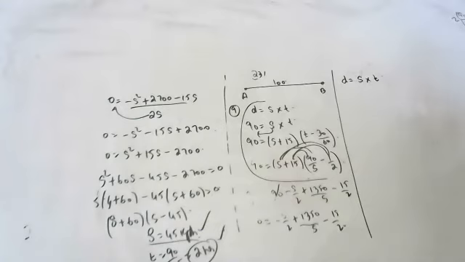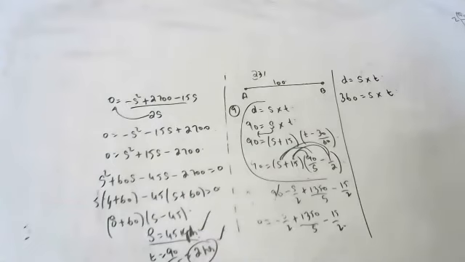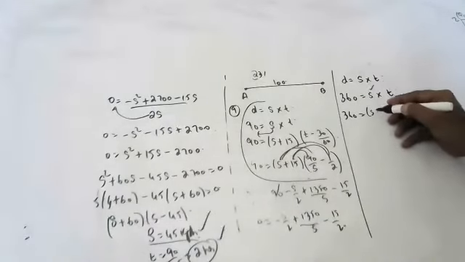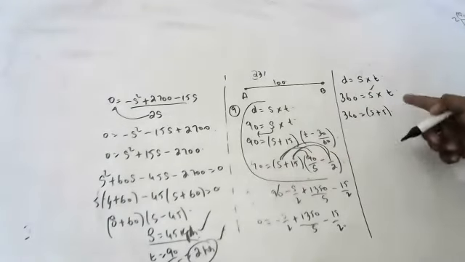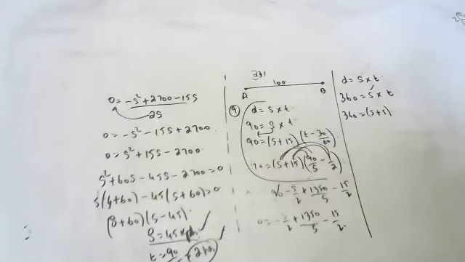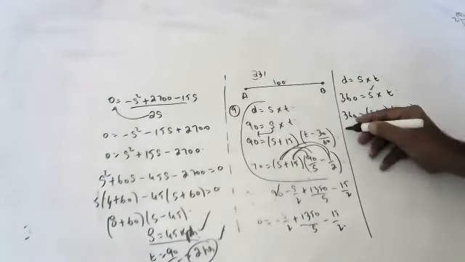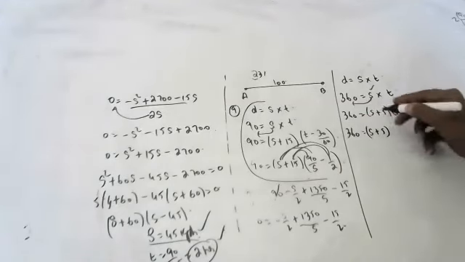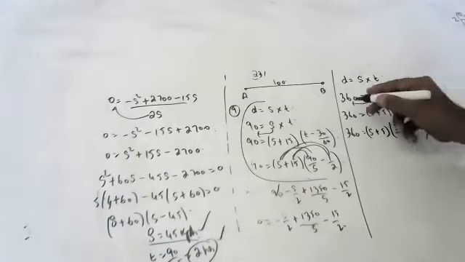Distance is equal to speed into time. A train travels 360 kilometers. Speed into time. So the speed has been 5 kmph more. 5 kmph more means this is plus. If it is going fast, compulsorily it will go in less time. If this is plus, that should be minus, or if this is minus, that should be plus. So it will take 1 hour less. Now 360 is equal to (s plus 5), okay, but instead of t, I kept 360 by s.